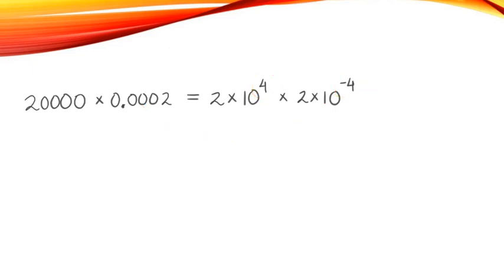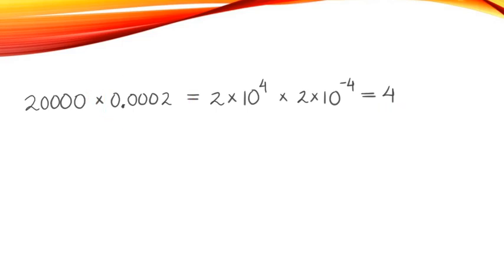Now if I ask you to do the calculation, it's quite simple. What you'll do first is multiply this 2 and 2. Next, using the law of exponents, evaluate this power of 10, and this will give 10 to the power 0. 4 minus 4 will be 0, and how much is 10 to the power 0? It is simply 1. So 4 times 1 is 4. So using your order of magnitude and law of exponents, we can do calculations involving very large numbers and very small numbers very easily.